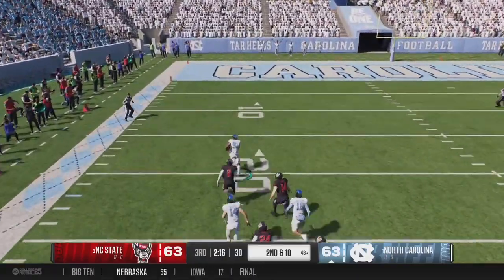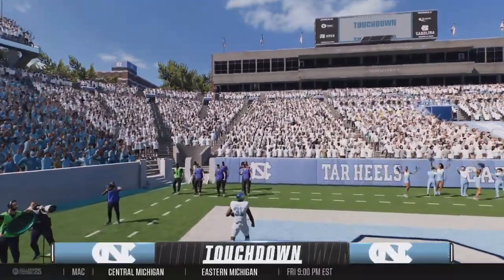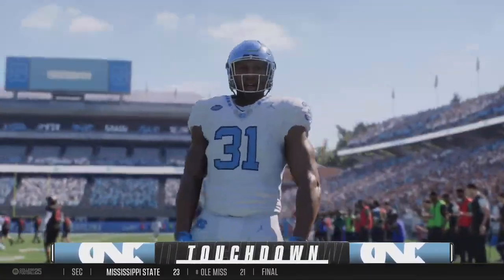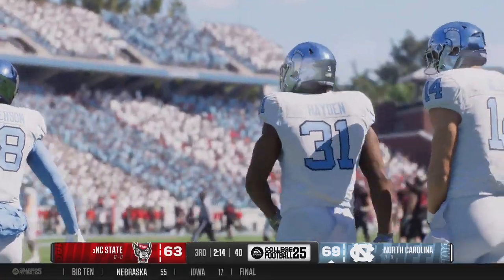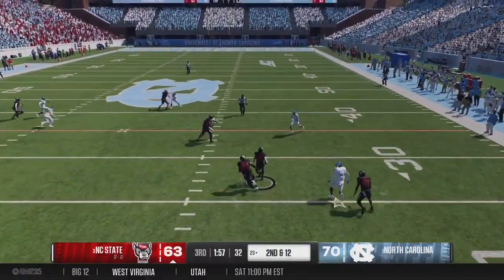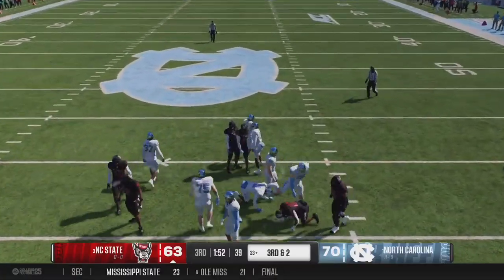Breaking free at the 35. Oh, and he's in the clear now. It's a foot race. Touchdown, Tar Heels. Just ran away from the defense. Chris, all week I wondered if this back might get loose and come up with a big play like this. The defense had their physicality he has against the run as well. Try to catch the defense with the draw. Running with purpose. The draw is a good way to...